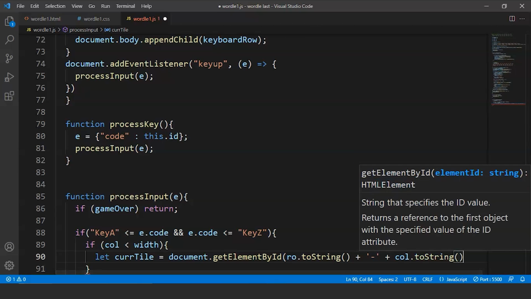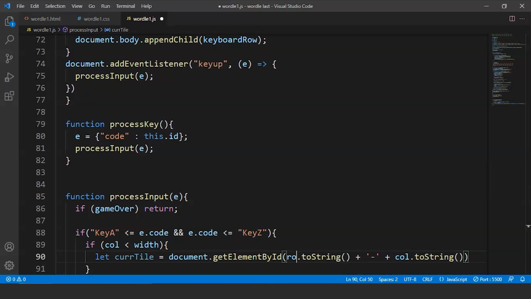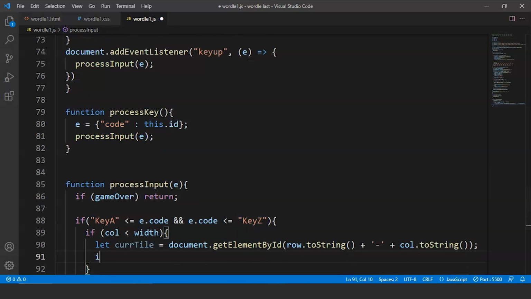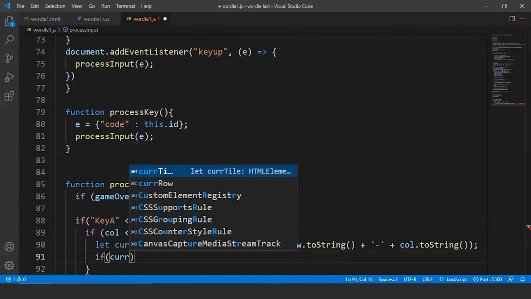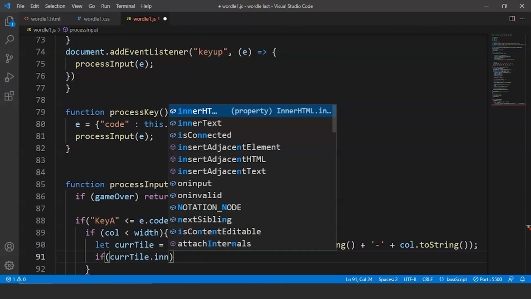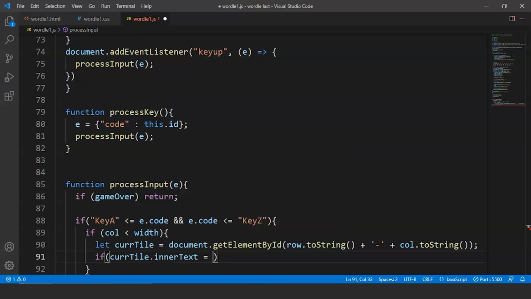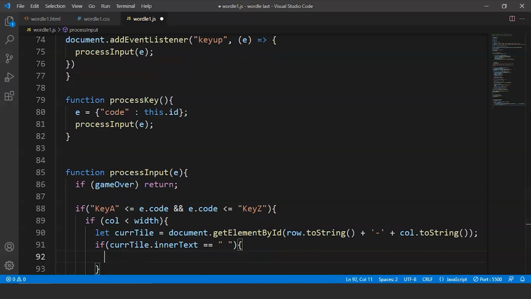This is again a method. So we have to write here this, and we have to write row dot to string. Fine. So I guess this will work totally fine now. Now after this, we'll write again if current tile dot inner text is equal to nothing. Then inside the body of this if statement, we'll write